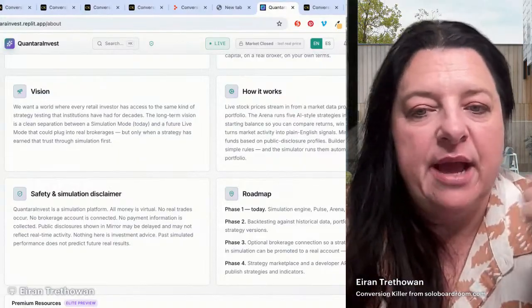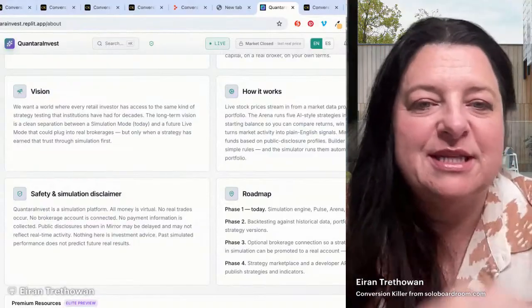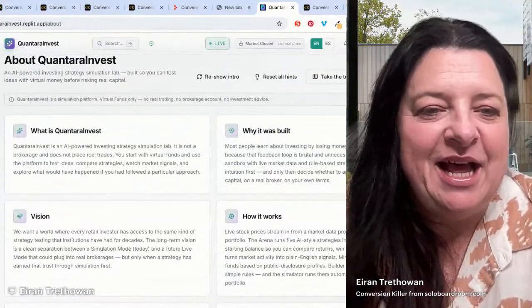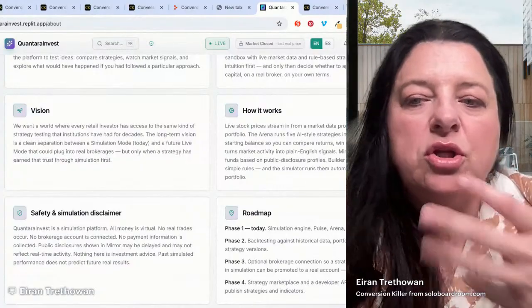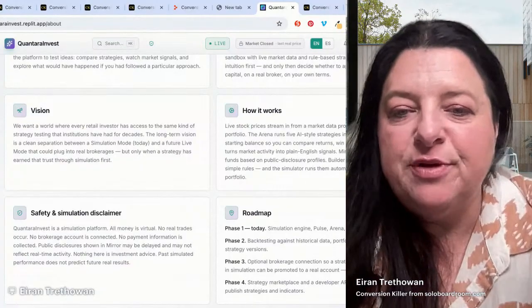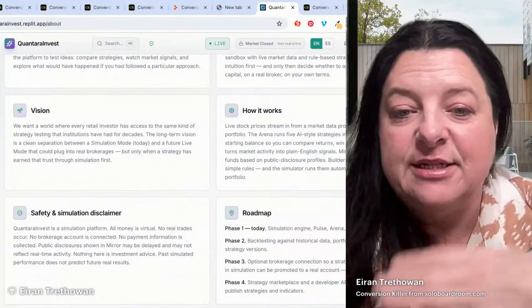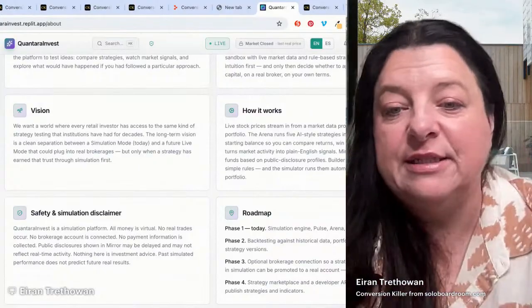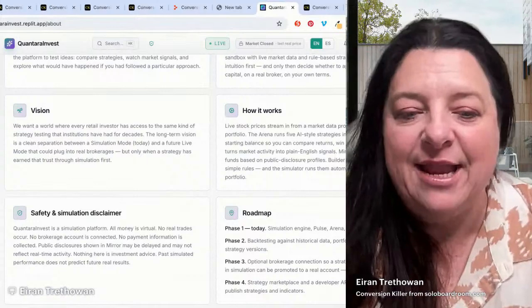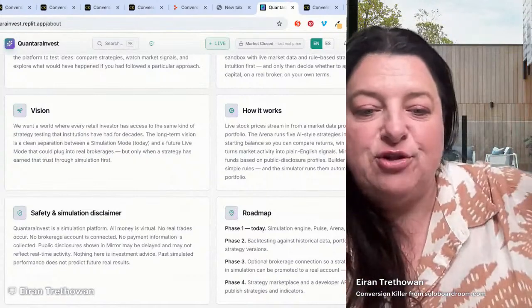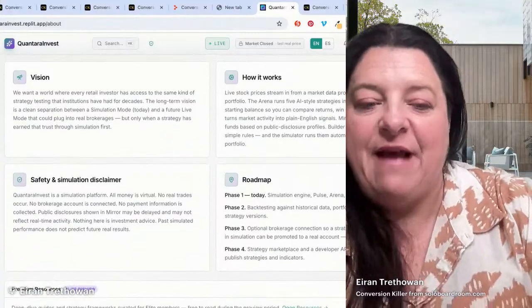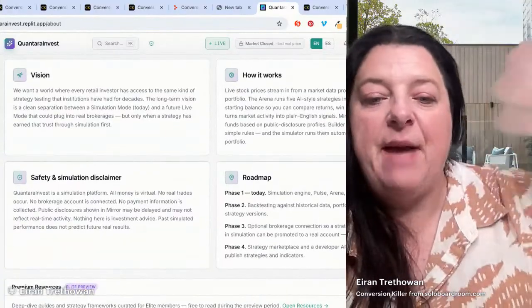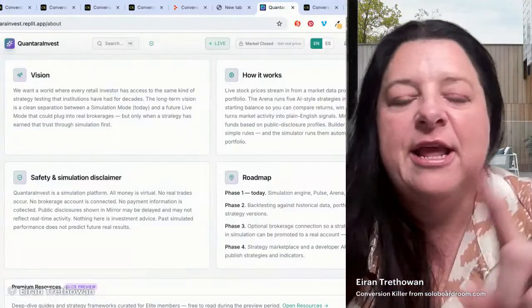I know Lawrence, this came from his relationship with his grandfather. And so the long-term vision is a clean separation between the simulation mode and obviously the future live mode that could plug into real brokerages. So there's a plan that this would then be a strategy marketplace and have a developer API attached where builders can then publish through this site. However,